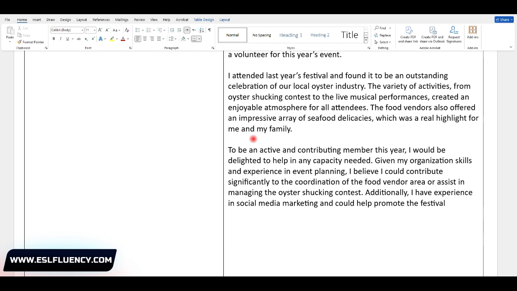The more the merrier. Promote the festival to attract even more visitors, maybe from other states, other countries, and things like that.